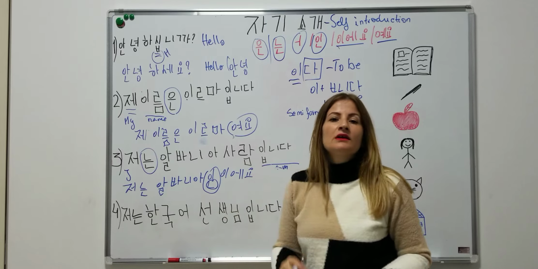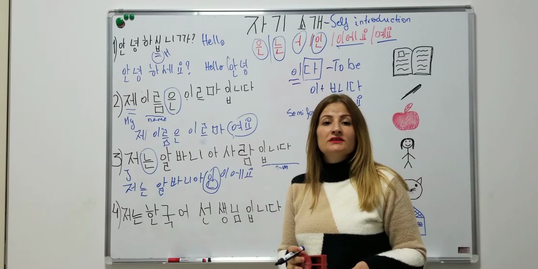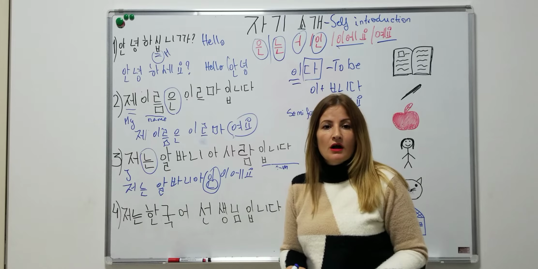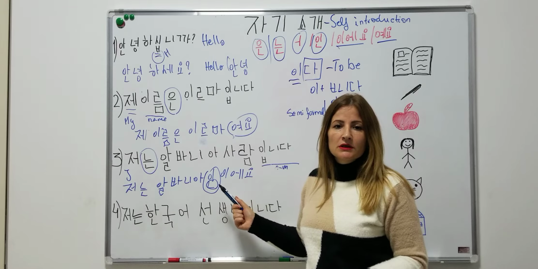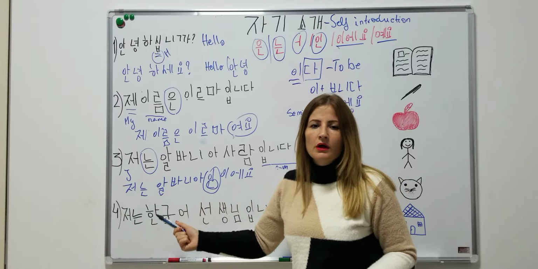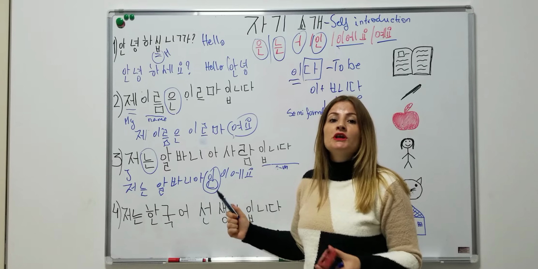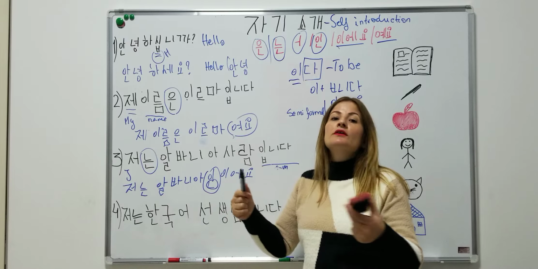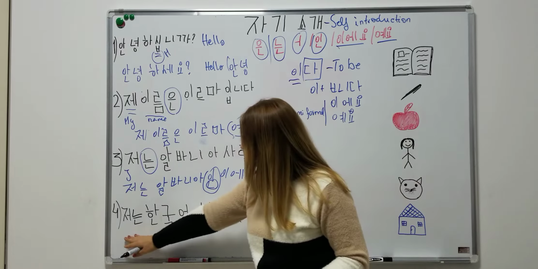So when 인 is after the country, it also indicates nationality. Either we can say 알바니아 사람입니다 or 알바니아인입니다, and we are saying the same. Okay? And the last one is